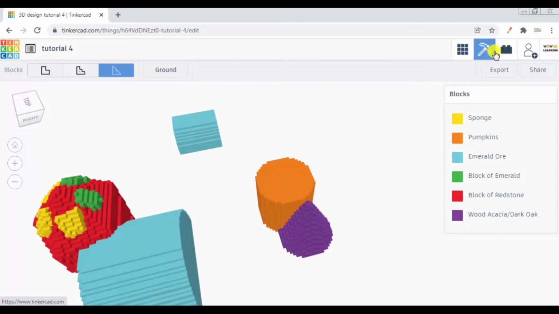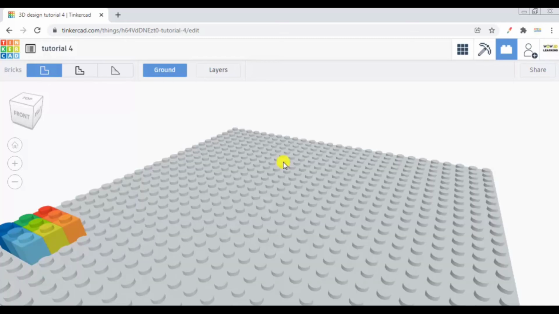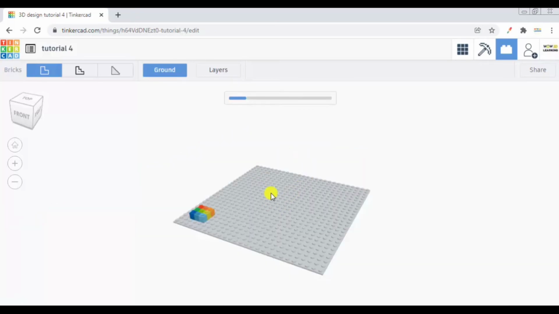Similarly, if you go here onto the bricks option, it has a more rudimentary form. You can say the detail of each design will be increased in the form of Lego. All of you must have seen Lego once in your life during your childhood. So this is what it renders like.